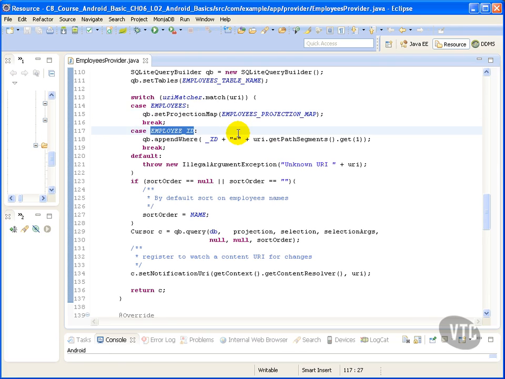Case employee ID. This handles setting up our query to return a record by ID. We call the method appendWhere. The appendWhere method appends a chunk to the where clause of the query. All chunks appended are surrounded by parentheses and ANDed with the selection passed to the query. We use the method